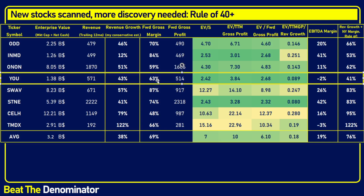The gross margin is excellent at 63%. And of course, this is a company that's scaling, that's ramping. So the EBITDA margin right now is negative 2%. So I penalized them, and I removed that little bit of a loss. But even if I remove that little bit of a loss to a 43%, I get a 41. I still get a rule of 40 on this stock, knowing that these early growth companies, of course, their EBITDA